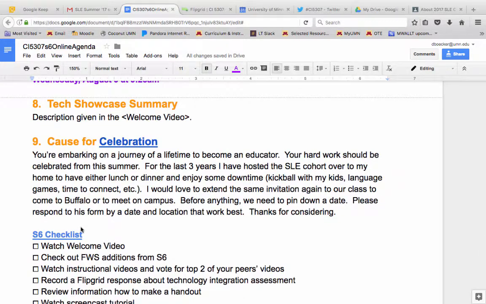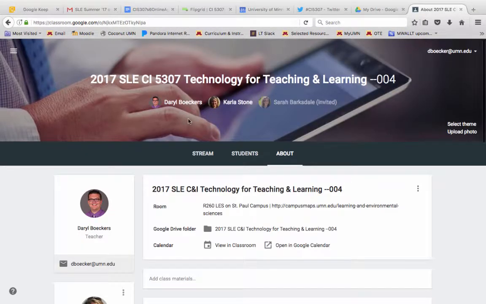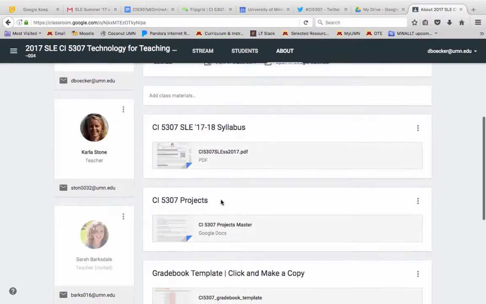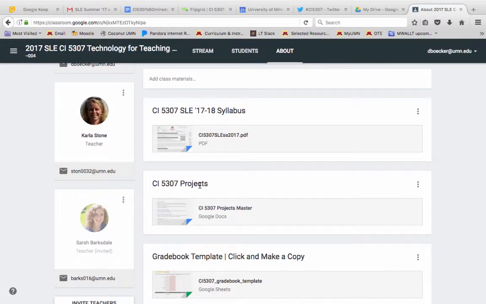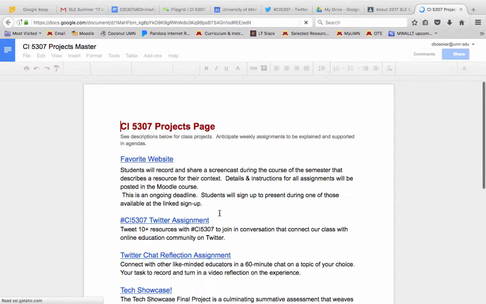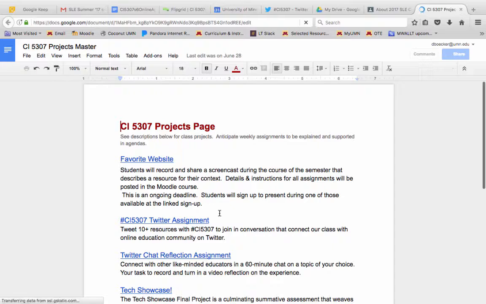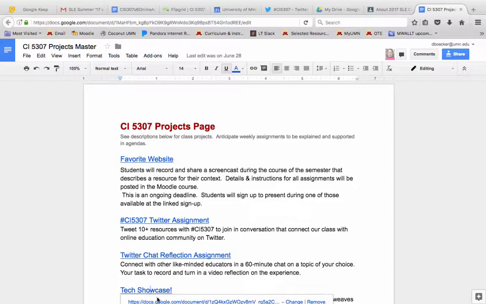Tech showcase summary. Why don't I zip over to the projects page to kind of reiterate what the goal is about this. You're going to have 7 or 8 minutes to share out with us to describe what the project is that you plan on doing. And then there are those guiding questions that I'm going to ask that you address in class. So when we look at Tech Showcase,